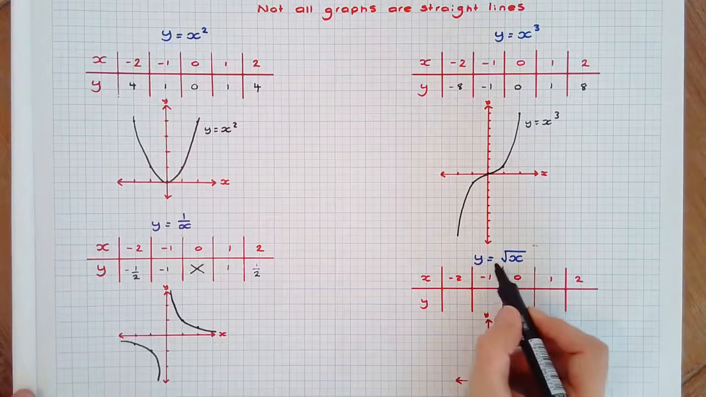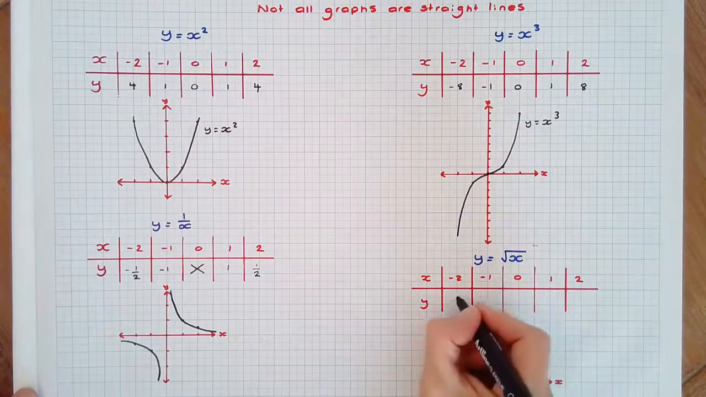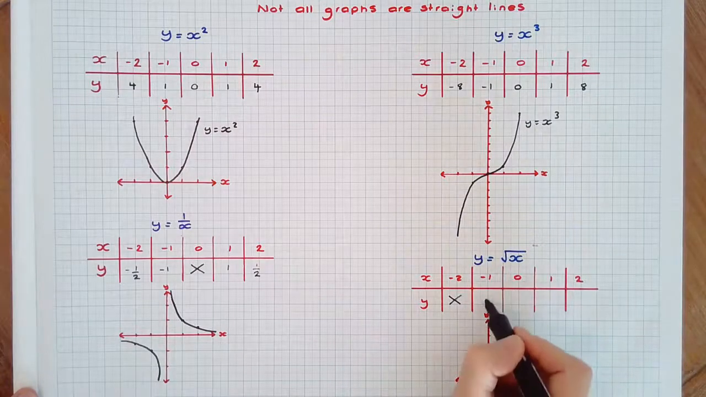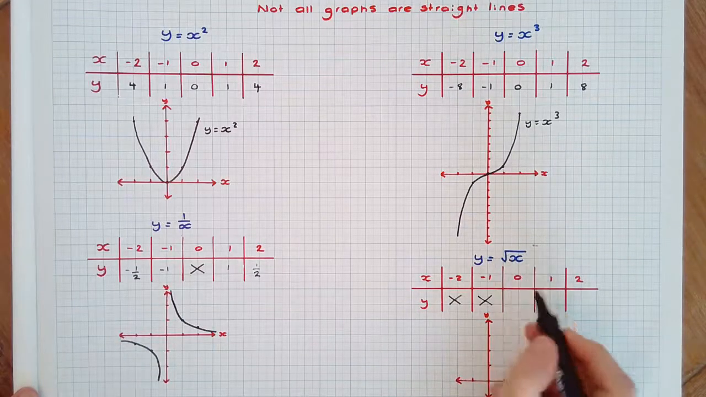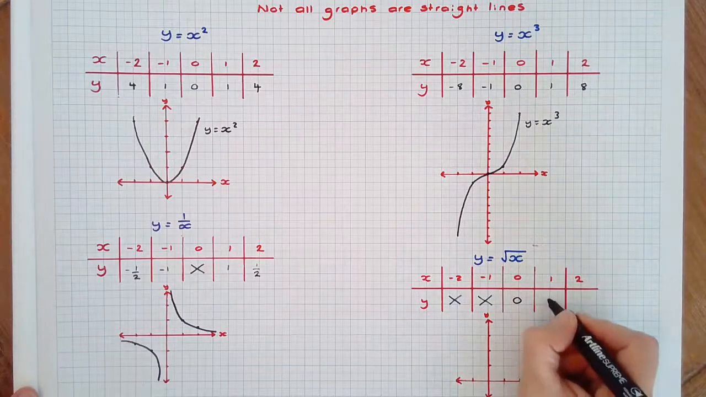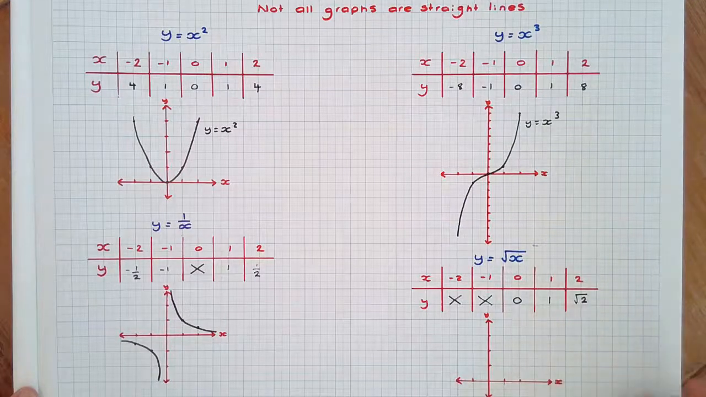Lastly, y equals the square root of x. The square root of -2 you cannot do. You cannot take the square root of negative numbers, so the graph does not exist when x is less than 0. But when x is 0, the square root of 0 is 0, the square root of 1 is 1, and the square root of 2 is approximately